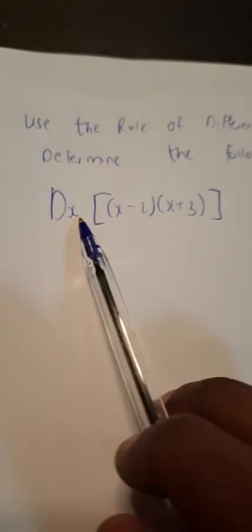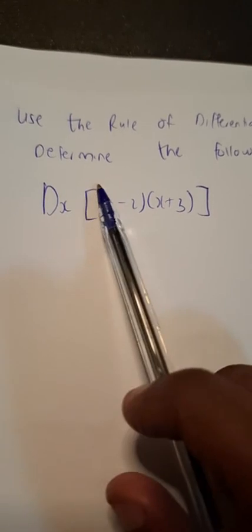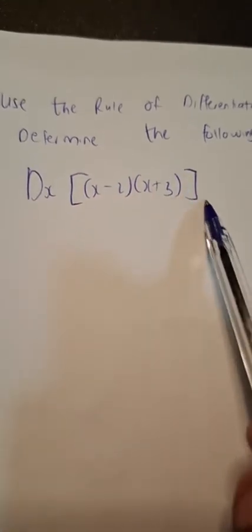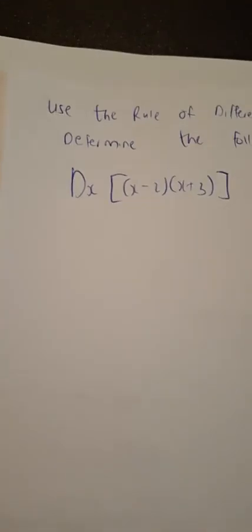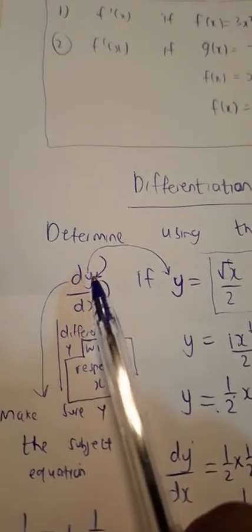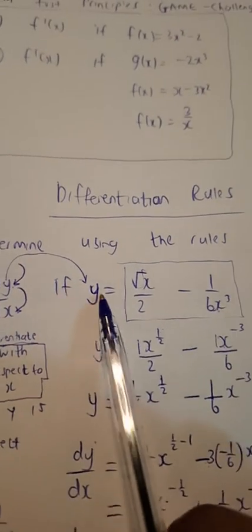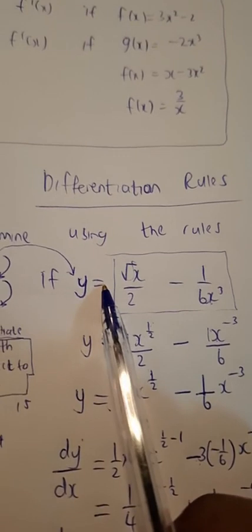Okay, so this one, d over dx, and then there's a bracket, x minus 2 into x plus 3, close bracket. Now, I'm sure you see that the notation here is slightly different. The one that we just did said determine using the rules of differentiation dy over dx, and this was standing on its own. All right, now it's saying if y is equal to